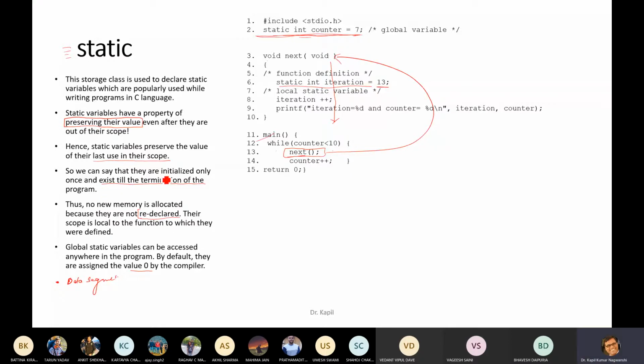So we can say that they are initialized only once and exist till the termination of the program. Thus, no new memory is allocated because they are not re-declared. Their scope is local to the function in which they were defined. But sometimes, two types of static variables are there: local static variable and global static variable.